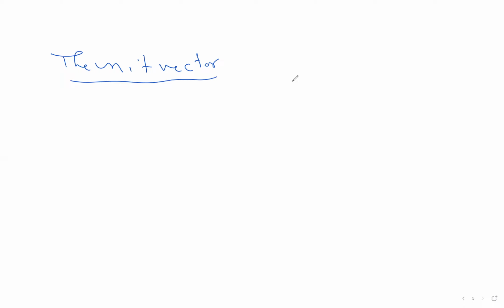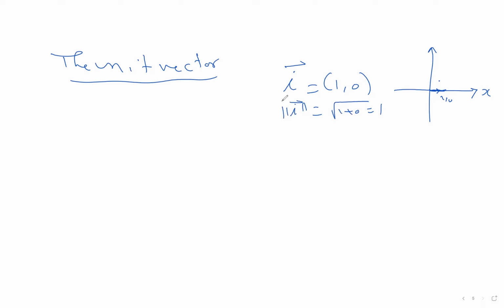For example, if the vector is called I equals (1, 0), then this vector is the unit vector in the direction of the x-axis. Here it is (1, 0), and the length of this one is 1. So I is the unit vector in the direction of the x-axis. Its length is the square root of 1 plus 0, which is 1. So I is called the unit vector in the direction of the x-axis, and J is (0, 1), the unit